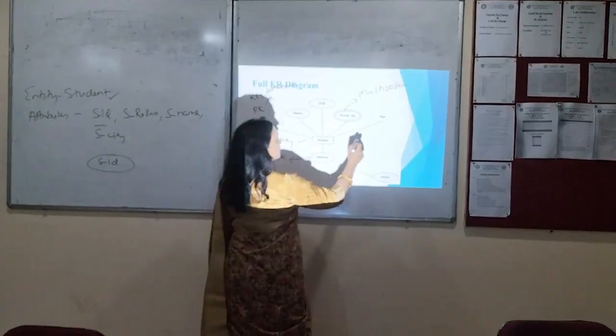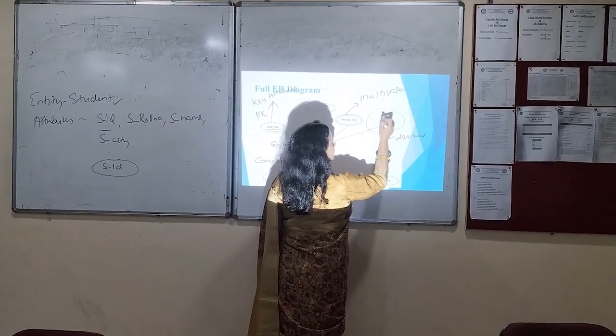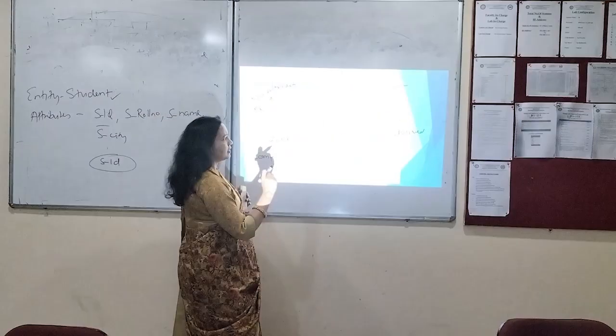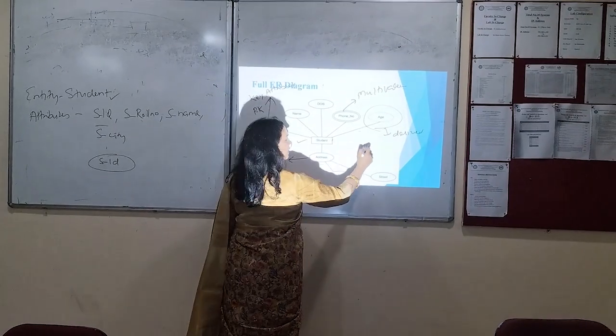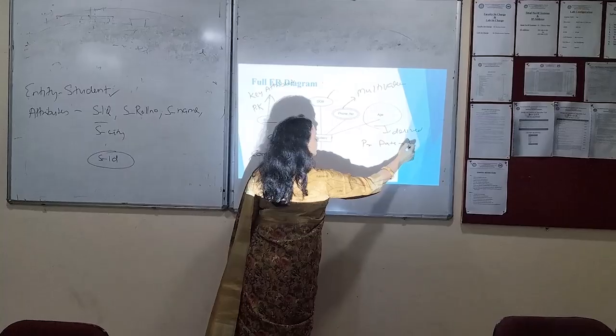And next, this is the age. This is your derived attribute. It is represented by dashed lines, right? And how is this calculated? This is calculated by present date minus this DOB. So this is a